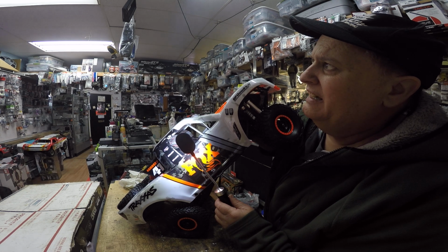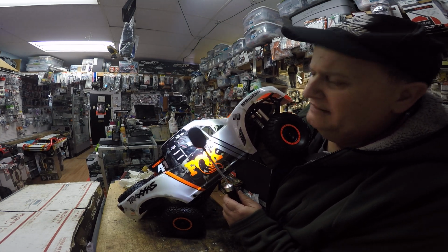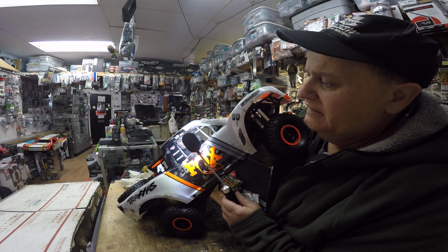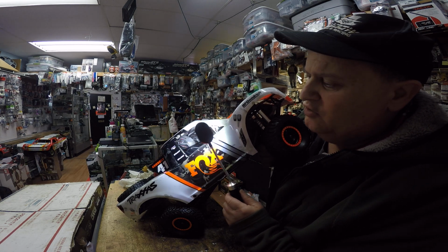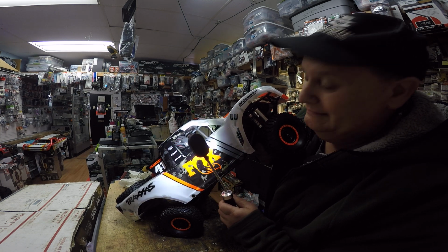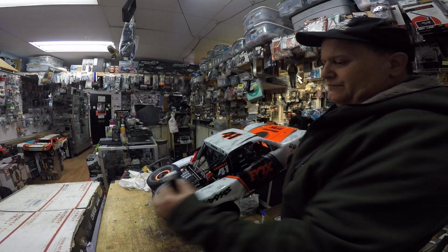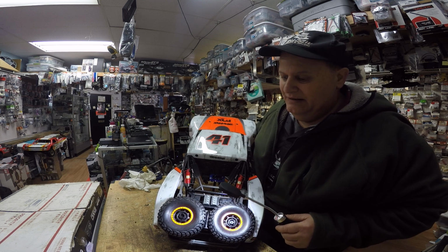What I did when I had an HPI Apache, I had the heads in that, and I hooked them up to a servo, so when you turn the wheel to the right and left, the heads would turn. It would steer into the turn. It was kind of cool. I lost it in the fire in 2012. If you ever want to see what a high-tech quad charger does to a building, look on my YouTube page for our fire. Anyway,